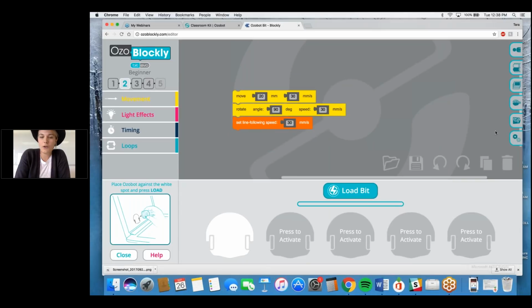Hi everyone. So both of the ways that you just saw Tara use Ozobot, with both the drawing and with OzoBlockly, we do have lesson plans. I'm sure that many lessons were going through your minds about possibilities, but if you ever need inspiration or even just a full